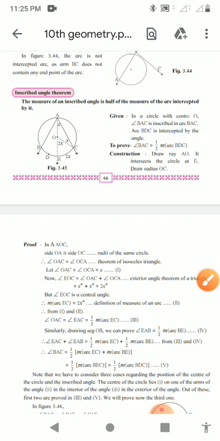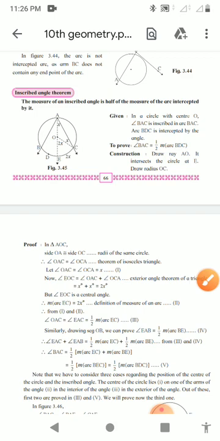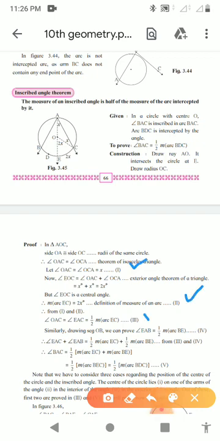Now if we see this angle EOC, it is a central angle, because its vertex is the center of the circle. Now if angle EOC is 2x, we can write that arc EC is 2x. Why is it 2x? Because of the measurement of an arc. I will give this as equation number 2, and this is your equation number 1, which we assumed as x.